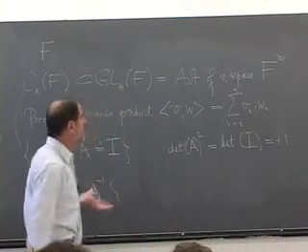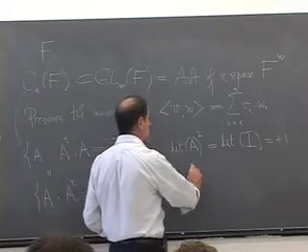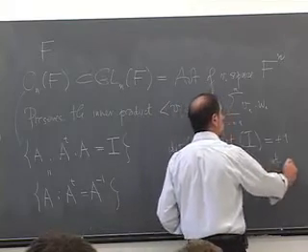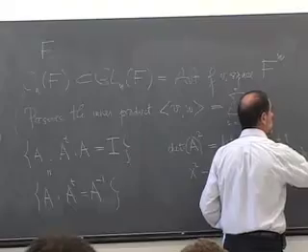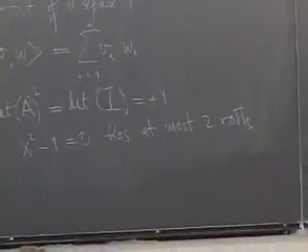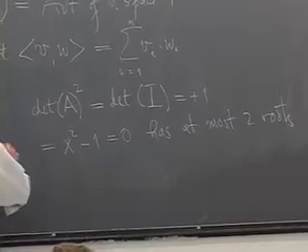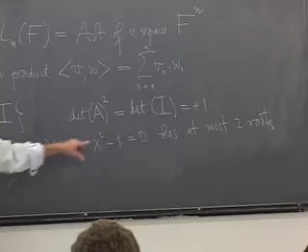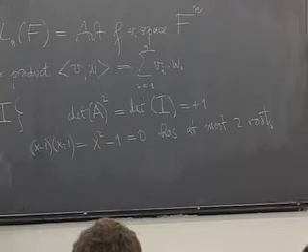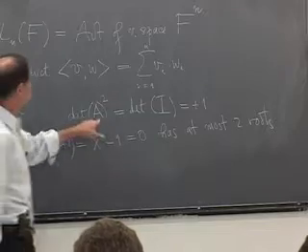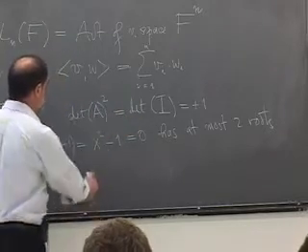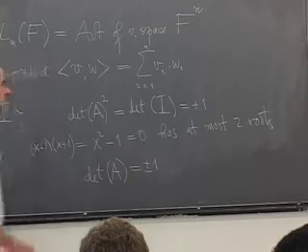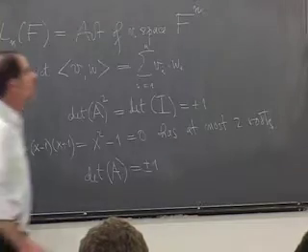And in a field, there are only two elements whose square is 1. Namely, the polynomial x squared minus 1 equals 0 has at most 2 roots, because a polynomial of degree 2 has at most 2 roots. And in fact, this factors as x minus 1 times x plus 1. The only problem is that you might be in a field where 1 is equal to minus 1. That can happen if you're over the field of 2 elements. But since the determinant of A satisfies this polynomial, there are only 2 possibilities for it, plus or minus 1. And if minus 1 is not equal to 1,